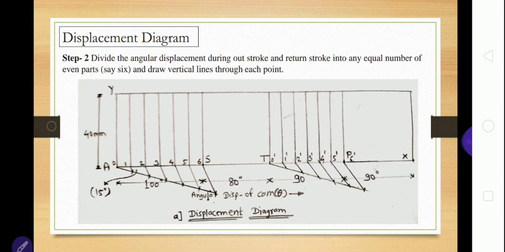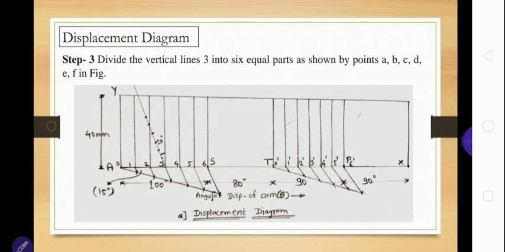This will be an accurate procedure to divide into 6 equal parts. You can follow this procedure and you will get exact values of displacement in the displacement diagram. So in the second step, you have just divided these into 6 equal parts. Then our next process for the uniform